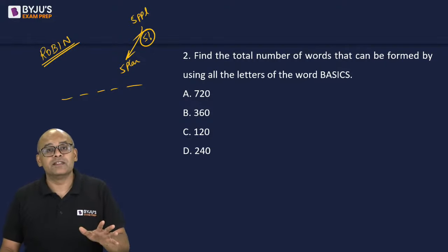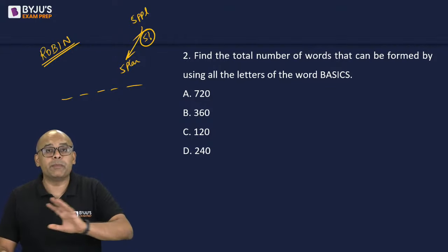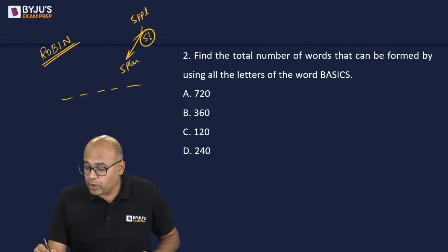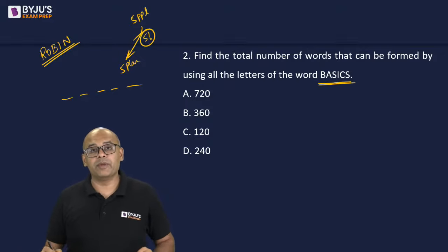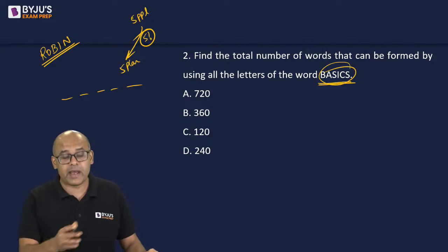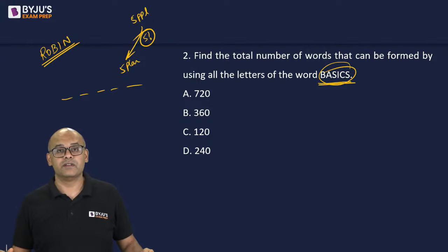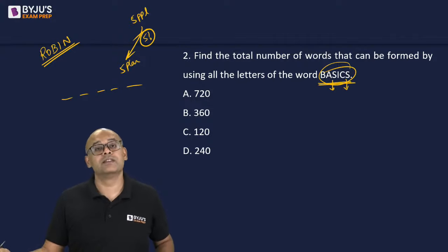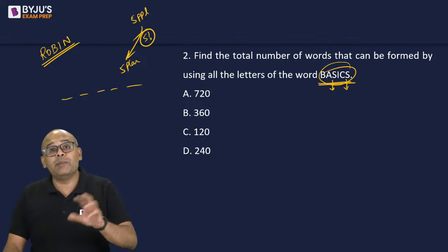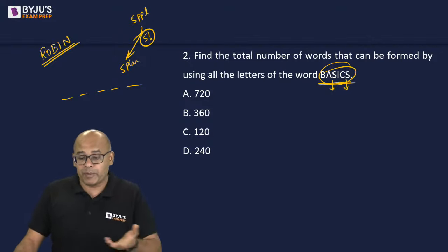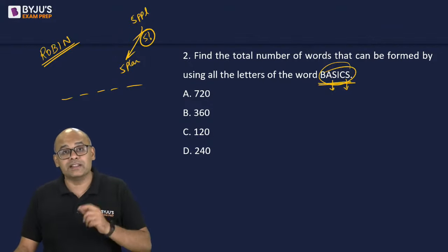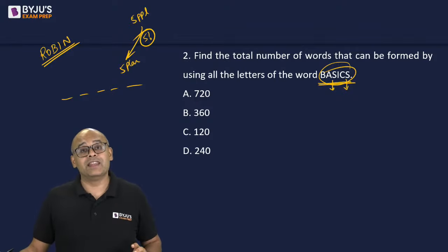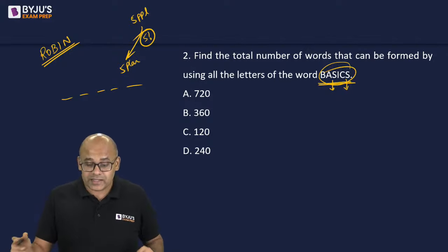This is the case where all the people are distinct. Right? Correct? Now, what is the problem here? Why is this case not same as Robin? What is the difference? Very good. The difference here is there are 2 S's. Now, people can be distinct, but I am taking the example of people. Here it's actually not people, these are letters. So now the problem is 2 S's are there which are identical,